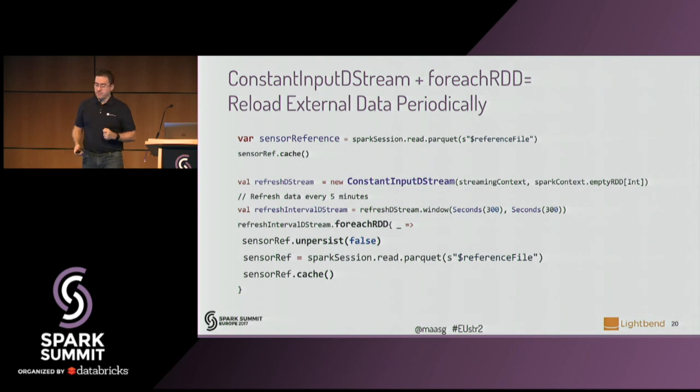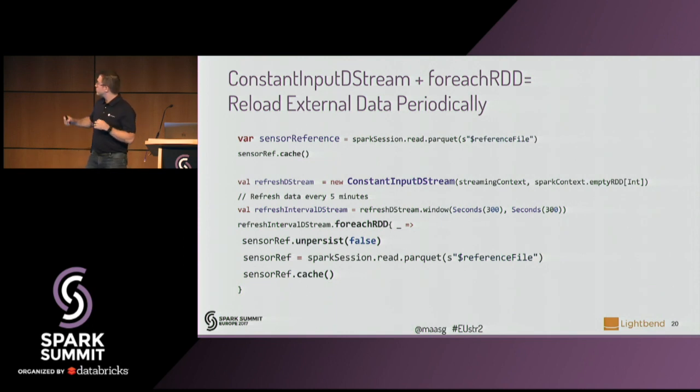What we're doing here is using that ConstantInputDStream to hook into the scheduler. And that is done using a window operation. So in my window operation, I say, OK, I have probably a 1 or 2 second interval. I don't want to force that reload every 1 or 2 seconds. That would be the same as not using this at all. But what I'm going to do is say, OK, every 5 minutes, I will go and fetch that data again, and I will replace the reference to the data that I use to modify my stream